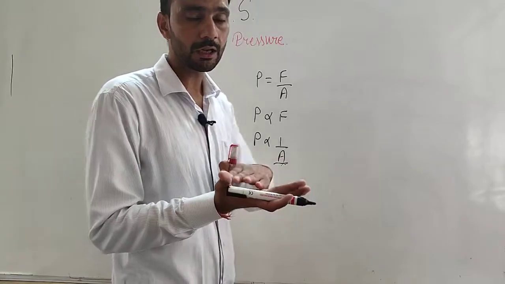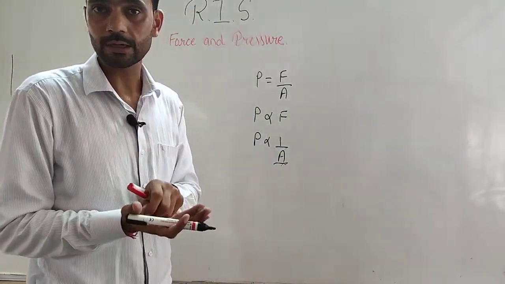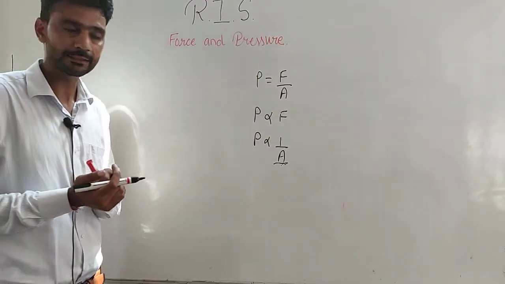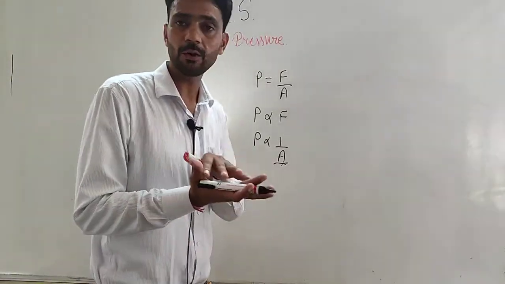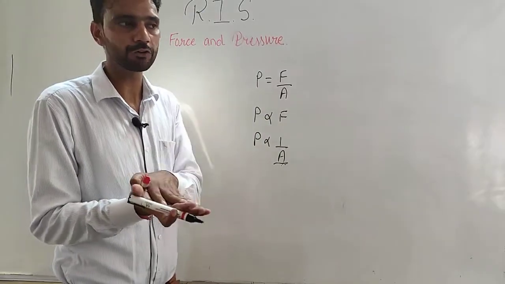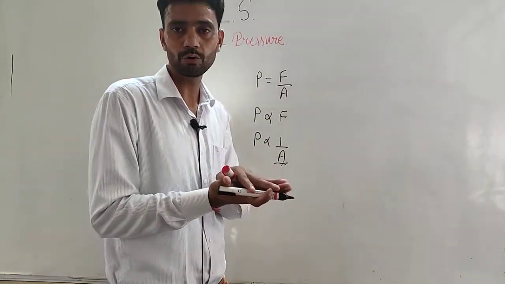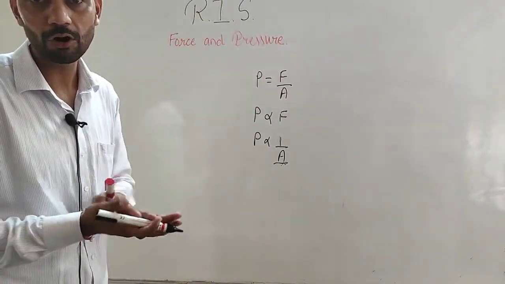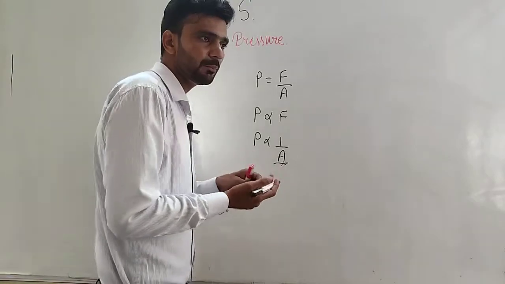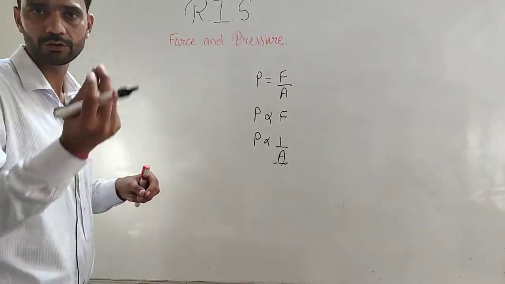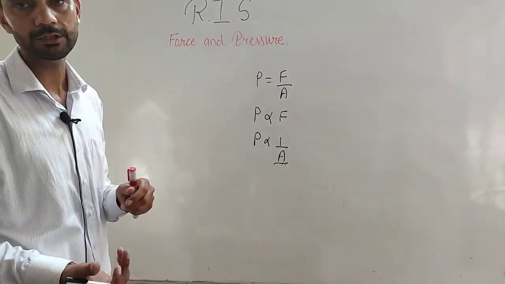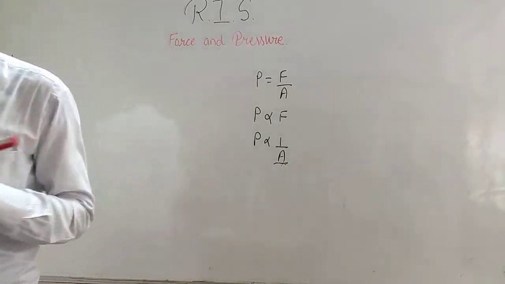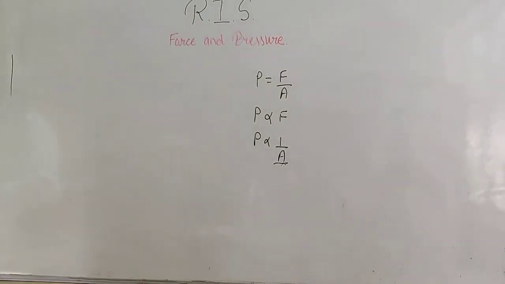Same we have camel have broader feet, so the camel can easily walk in desert, where a horse cannot move easily in desert. Why? Because camel have broader feet. नीचे से flat feet होते हैं उन camels के, तो broad होते हैं. So they will not stuck into the ground. The camel can easily walk. Same horse, the area of contact will be small, so it will exert more pressure. They will stuck into the ground, so they cannot move easily. So related to these, we have so many examples.